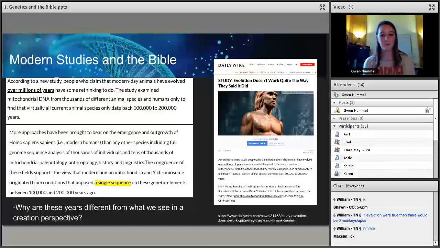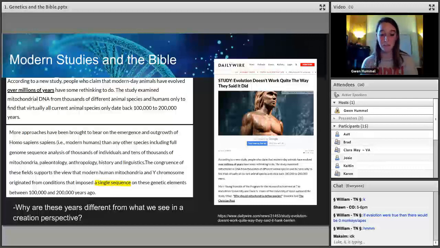Give you guys a couple more minutes just in case you're looking it over. So our big key here when we're looking at the study is again that this was written by evolutionists. It's published in a journal titled Human Evolution. They're looking at these years and they're getting 100,000 to 200,000 years. So according to a new study, people who claim that modern day animals evolved over millions of years are wrong. They're showing us that these animals came about at the same time,